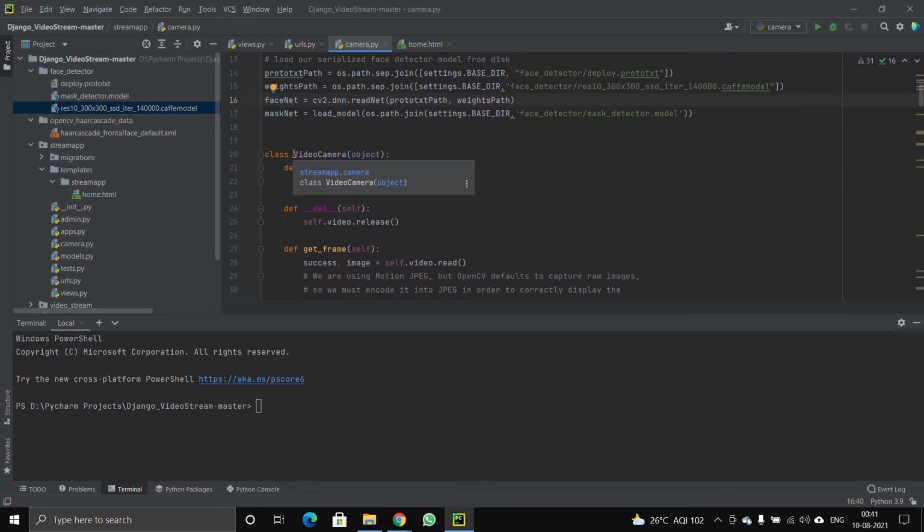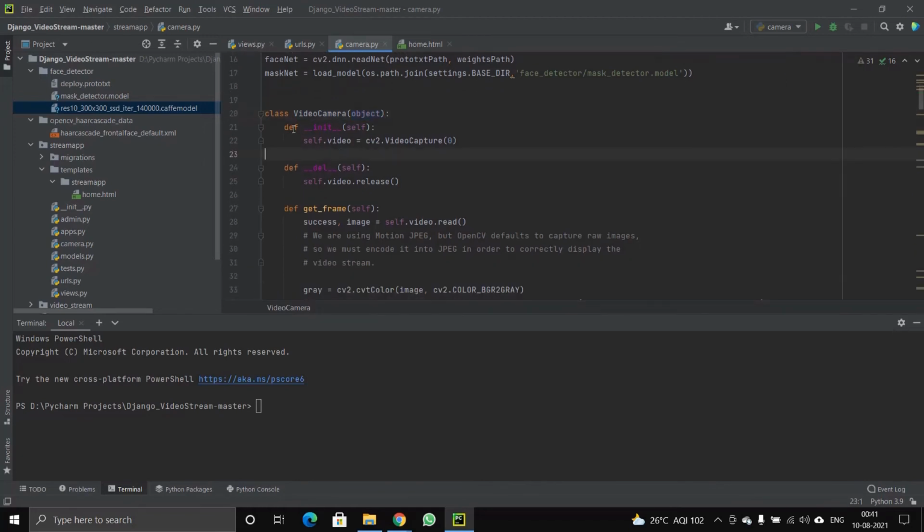And we will create a class by the name VideoCamera, and we'll pass an argument as object. Here we are going to initialize the video camera capture. This is where the real-time face detection or the mask detection will be happening as the camera captures your face.